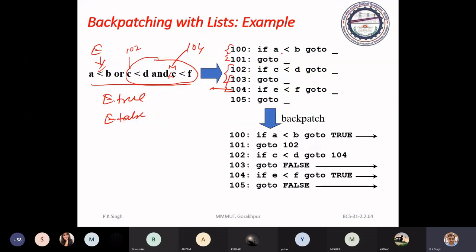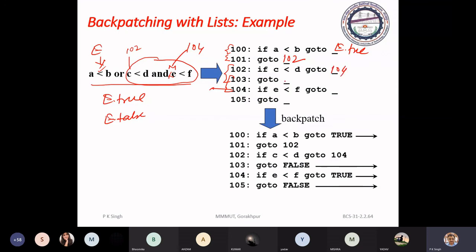So now see, if A is less than B, then it is E true. And here E false, go to 102. Then C is less than D, it will go to this M 104.